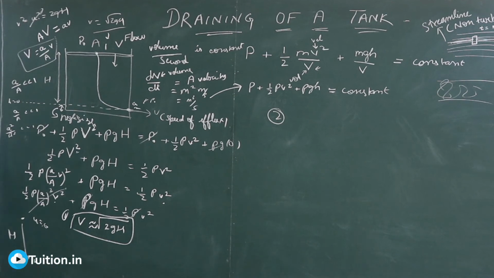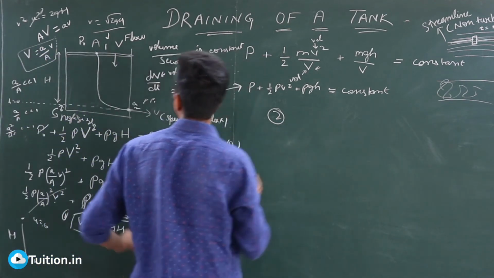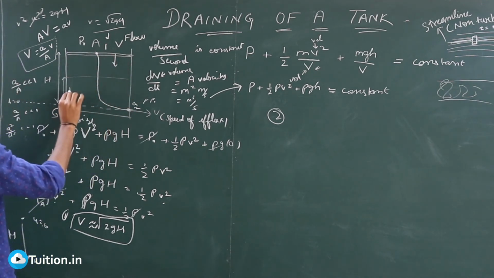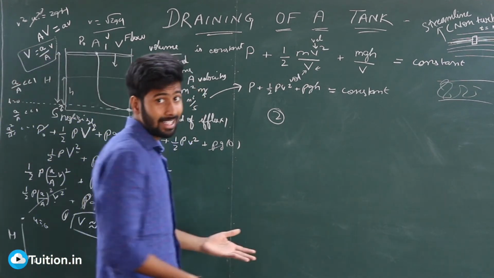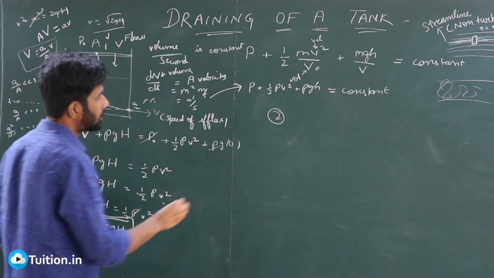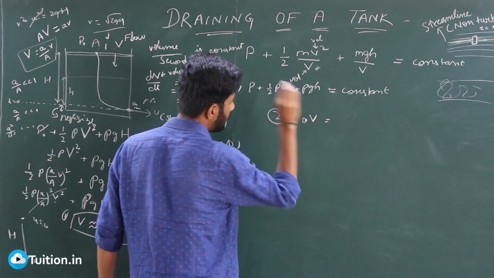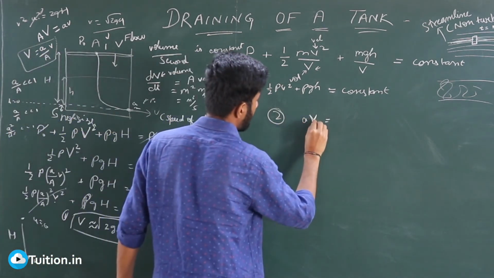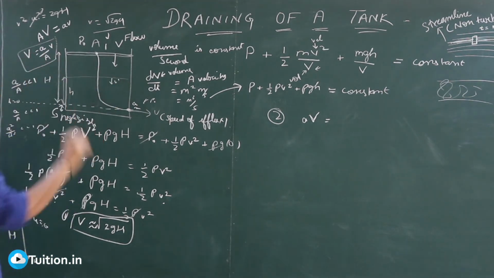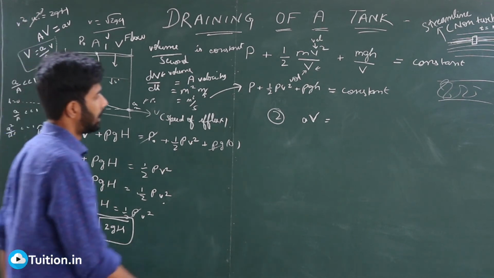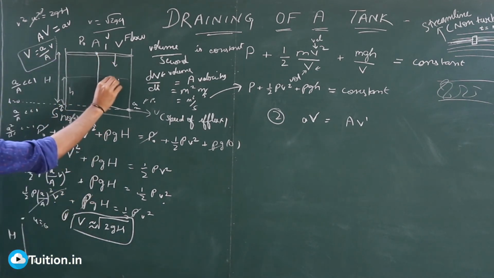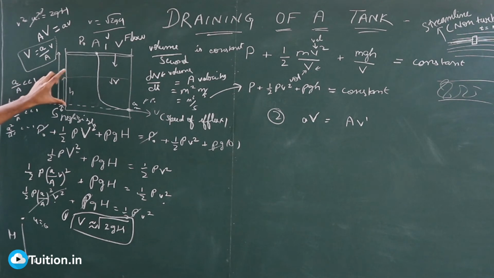Let's say at a certain instant of time, this particular level has come down to some small h. So at that instant of time, I can say that this velocity that you see here, a into small v, this is small v, by the way, will be equal to capital A into, let's say the velocity here will be v dash at this instant of time. That will be equal to capital A into v dash. But what is this v dash? It is the rate of change of height.